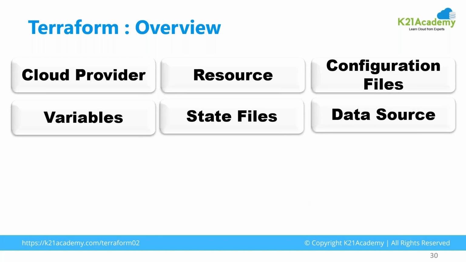Then you have got the data sources. Suppose I have created one network on my own via console, not via Terraform. I want to deploy some compute machines in that, so I can use that as a data source, and it is going to give me the required information, whatever the subnet is, public or private type, whatever it is. I can gain that information via Terraform, via data source.